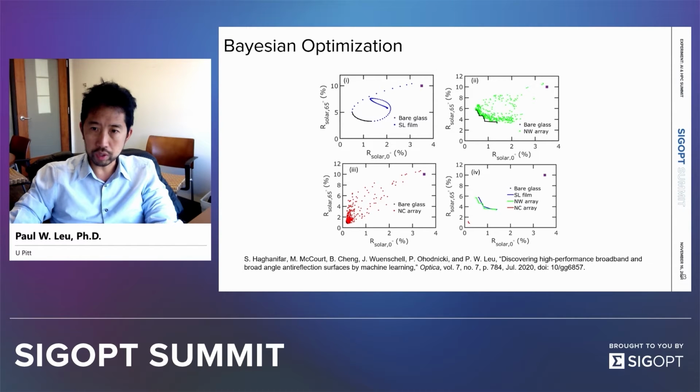These are the three structures plotted together. This film in blue, the nanowire array in green. See, the two are fairly comparable. And the nanocone, which is the best, has the lowest 0 degree solar reflection and 65-degree solar reflection. In purple here, you can see that of bare glass, and the reflection is much higher than the other structures